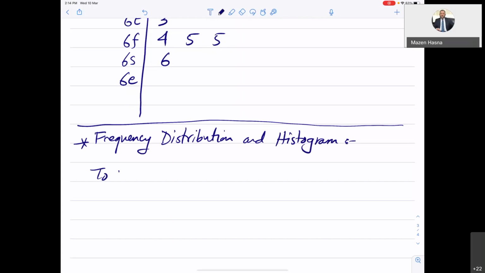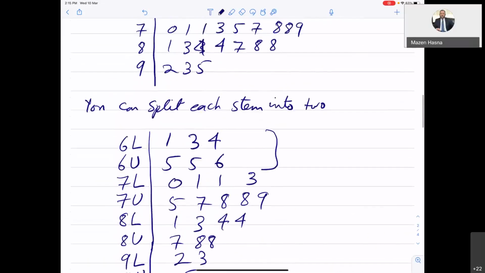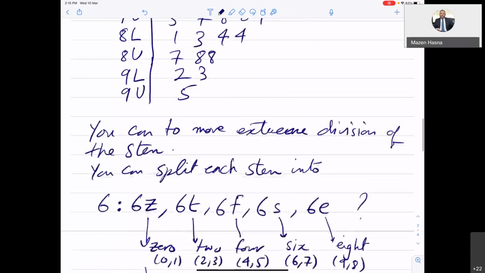So to construct the frequency distribution, more or less like what we did with the stem and leaf, we need to split our data into bins, what we call bins now, instead of stems. And instead of listing the data itself, I will just list the number of the data that I have in that